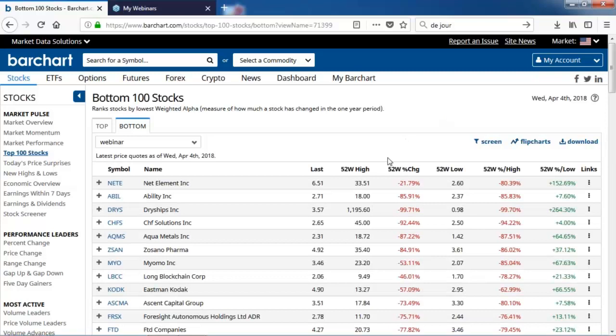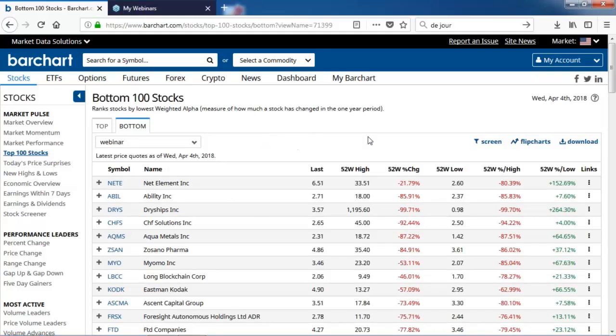All right, so here you go. 52-week high, 52-week low, 52-week percent off the high, percent from the low. So I got this breakdown the way I want to see it. Now, what's interesting to me is this does not have any market cap in here. So I want to add some market cap. I don't know about this Netlist or some of these; they are smaller dollar stocks. So they may not be as relevant for what I'm looking to do here if they're not big dollar, big cap stocks that are highly traded for my particular strategy.